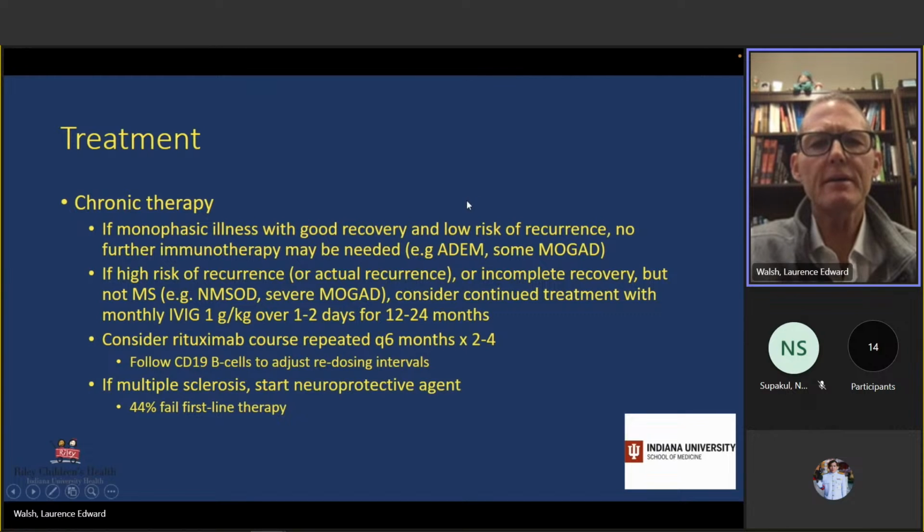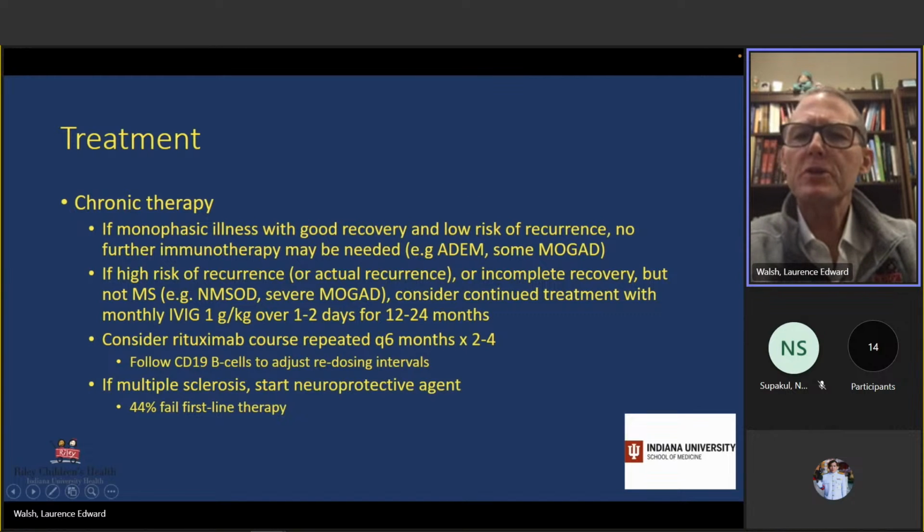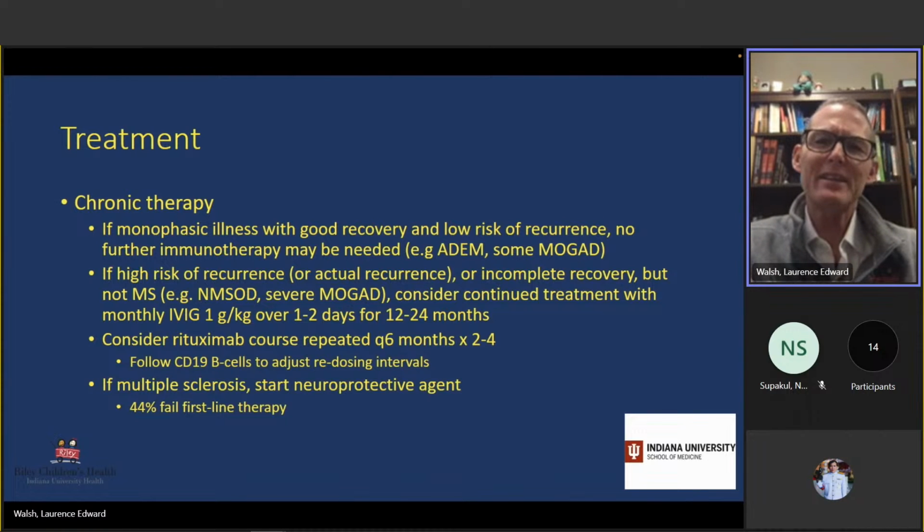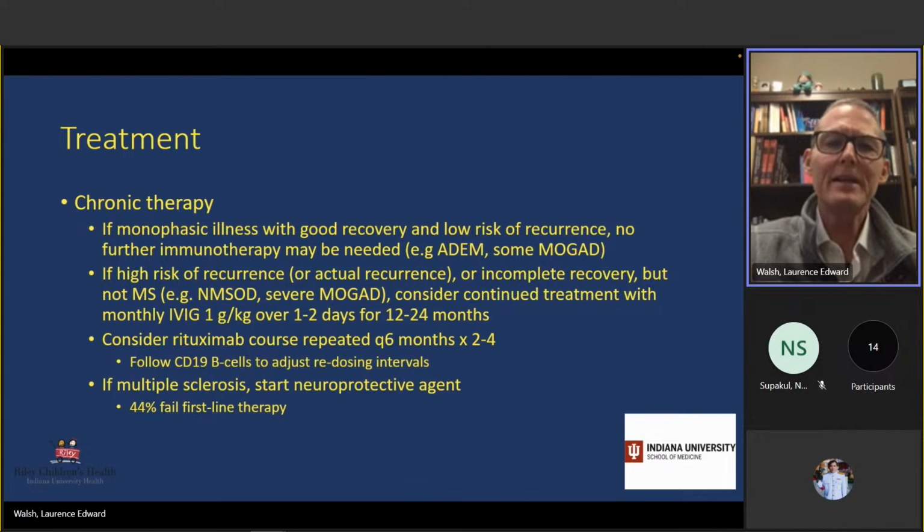Chronic therapy: if it's a monophasic illness with good recovery and low risk of recurrence, you may not need to do anything. ADEM would be the poster child for that. If there's a high risk of recurrence, or actual recurrence, or incomplete recovery, but not MS, so severe MOGAD or NMOSD, then often we will embark on a 1-year course of monthly IVIG. And then sometimes we'll go to Ritux as well, and that could go on for quite long, for 2 to 4 years. If it's MS,